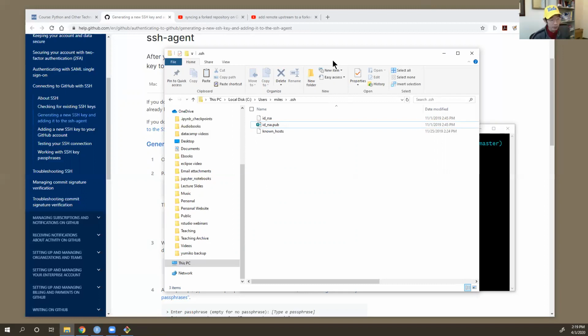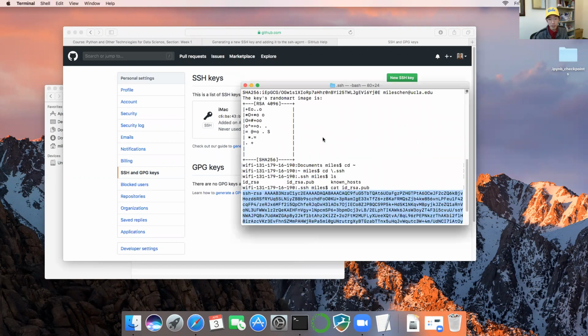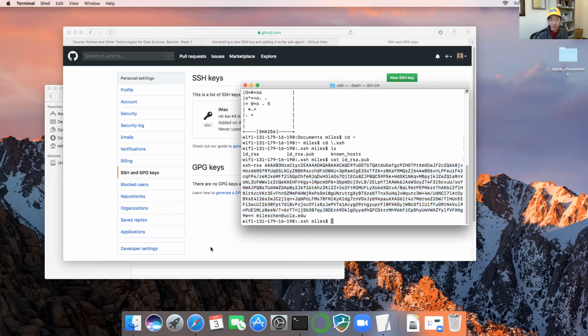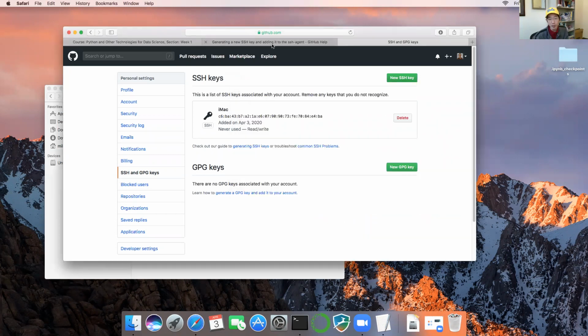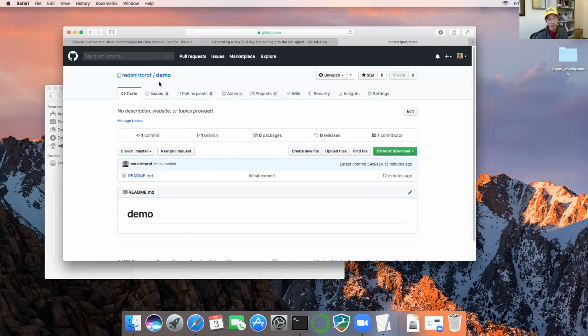Okay. So I have successfully added my SSH key. All right. And so now what I want to do is try cloning that repository. So remember, what we were trying to do earlier was that I had created a repository on GitHub. We've called this Redshirt Prof, the demo repository, and I wanted to clone this onto my machine. So I'm going to go back here to clone, and I'm going to copy this onto my clipboard. Okay,